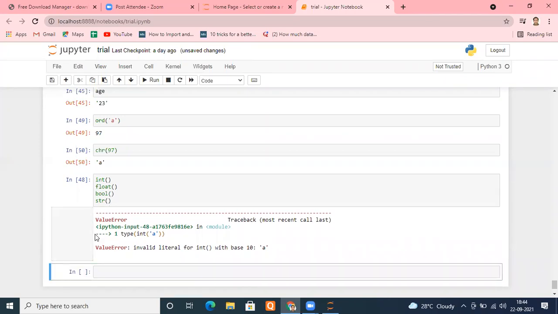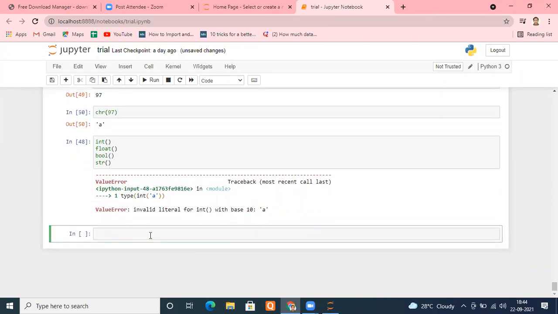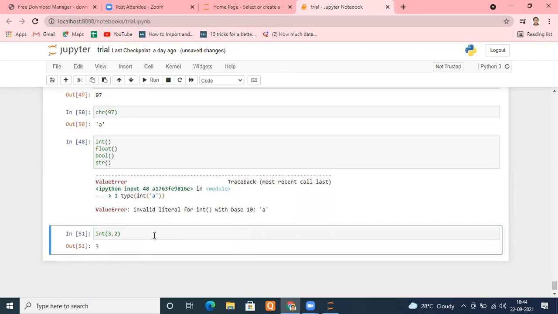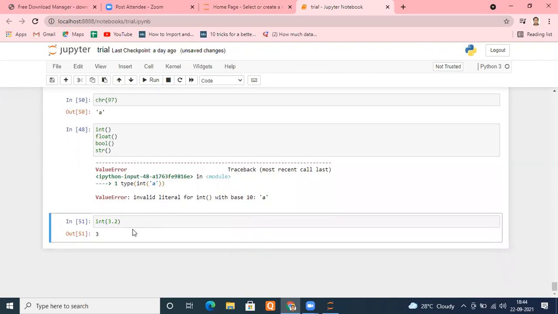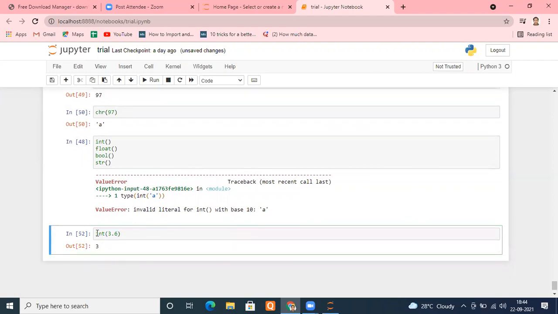Let me come to the cell down here. And suppose I'm using a number 3.2. String we just checked. Let me take 3.2 with int. What it does, it gave me 3. Rounding down, right? Let me make it 3.6 and run this. Again, rounding down only. Okay. Remember especially that in mind, where people used to make mistakes, it normally rounds down. There is a different function as well. Let me tell you that. Let me finish this first of all, then we'll come to that.